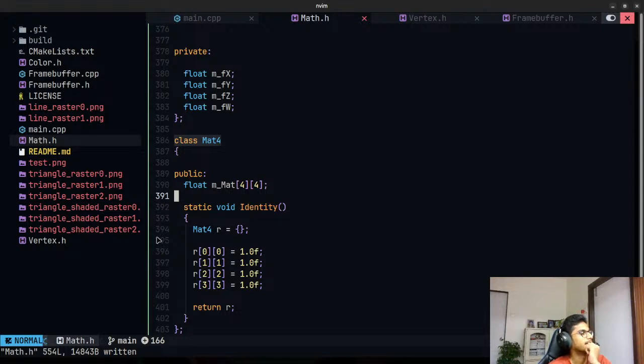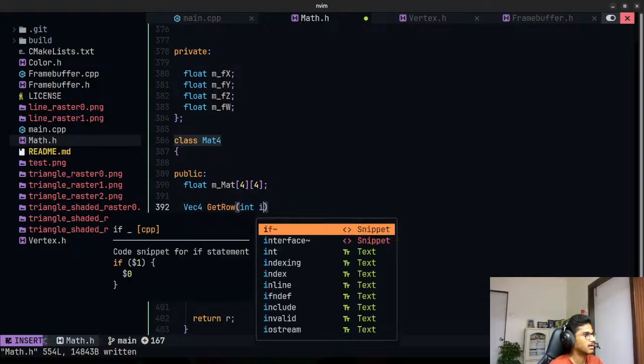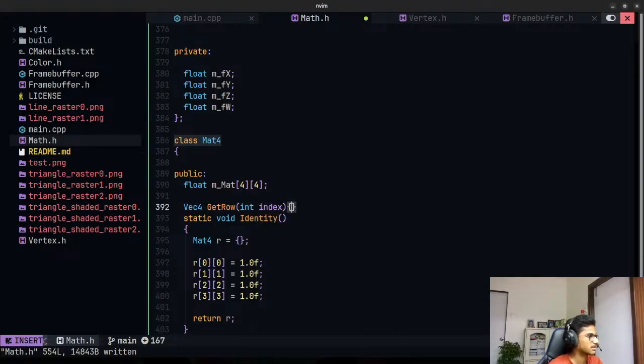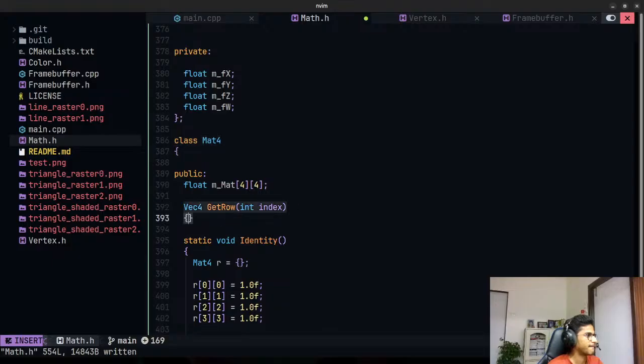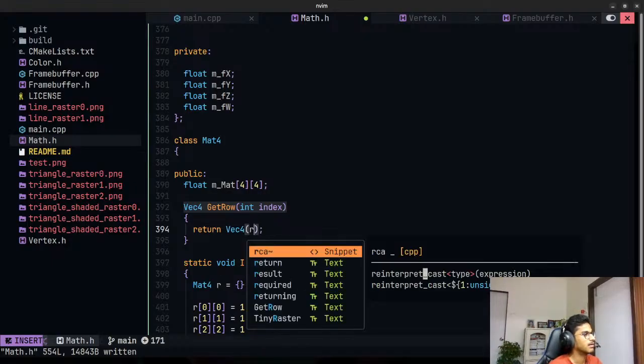I don't want to increase the complexity of this, and what I can do is add a getter of type vec4 maybe, get row, and I'll add it index. I'll return a vec4, and I'll do